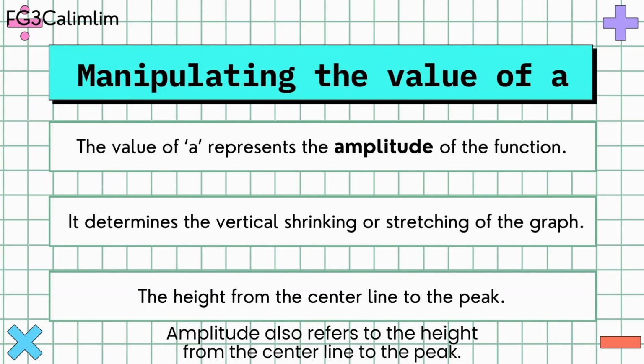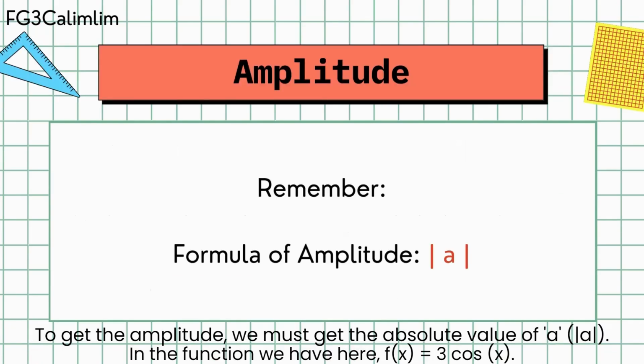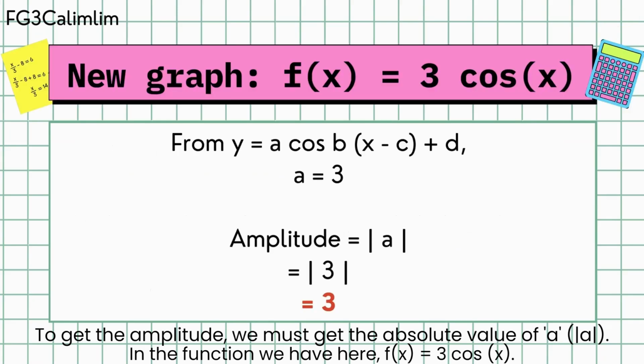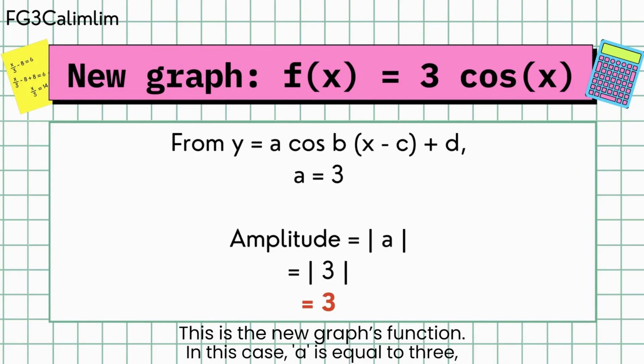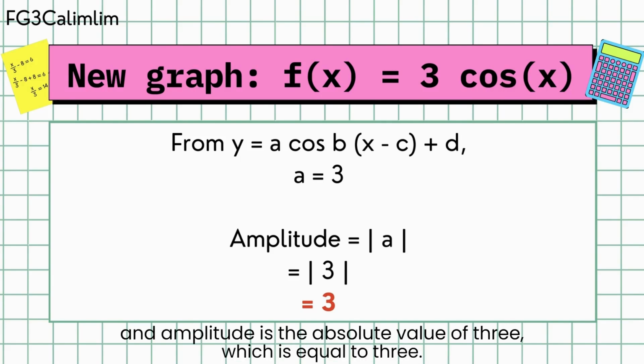Amplitude also refers to the height from the center line to the peak. To get the amplitude, we must get the absolute value of a. In the function we have here, f of x is equal to 3 cosine x. This is the new graph's function. In this case, a is equal to 3 and amplitude is the absolute value of 3, which is equal to